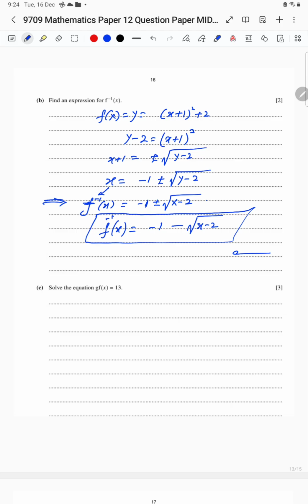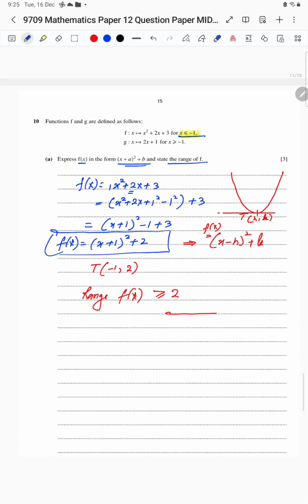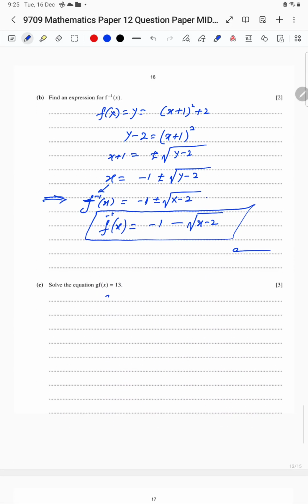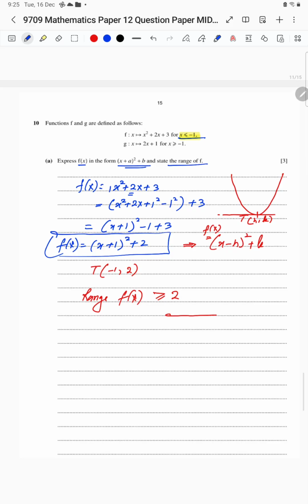I hope it is very clear. Now C is a composition of gf of x, and what is g? G we are given 2x plus 1. g of x is 2x plus 1, and the condition for the domain is x is bigger than or equal